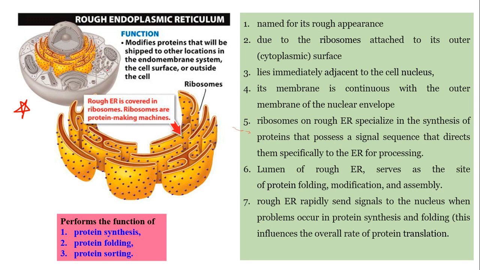This is the diagram showing you the cell, the entire internal structure of the cell, and in this cell, only this highlighted yellow part is showing you the rough endoplasmic reticulum. This part has been separated and enlarged in this lower diagram to show you what is there on the surface. You can see that the rough endoplasmic reticulum is covered with ribosomes, and ribosomes are nothing but